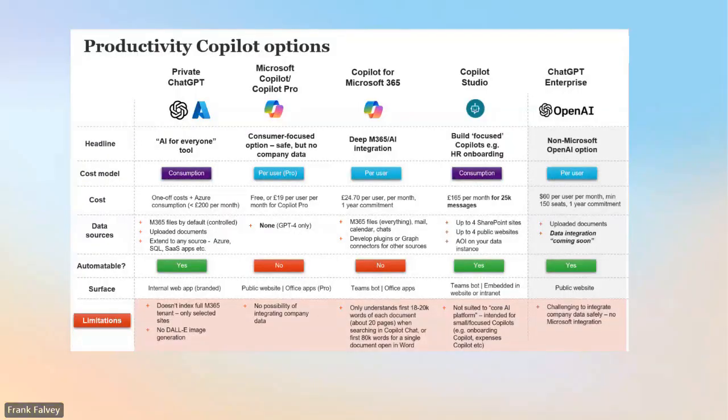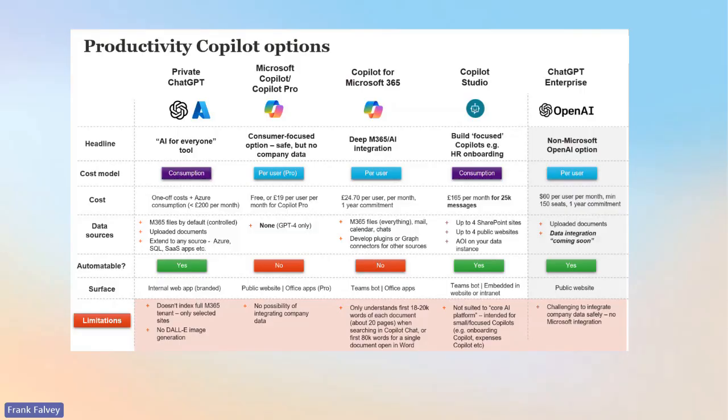Here's the one I might have to come back to at the Q&A session, because it's the licensing and the different models and the costs. They're all different licensing, as you can see. If people want to get these slides as well, there's a lot to see on this particular slide.